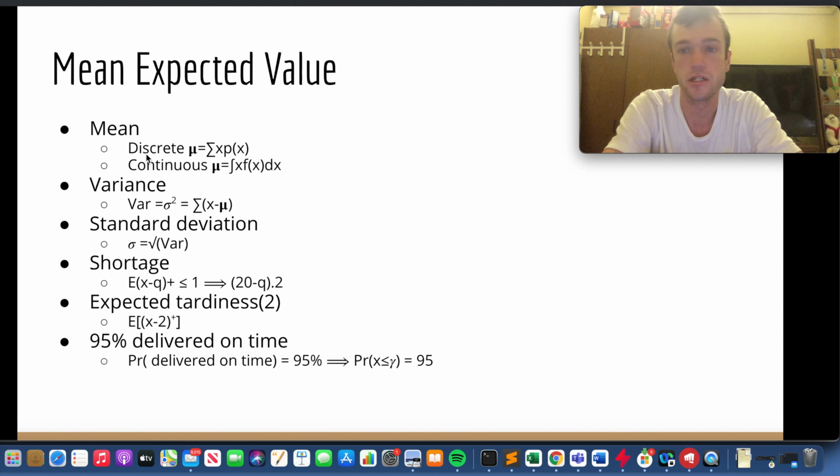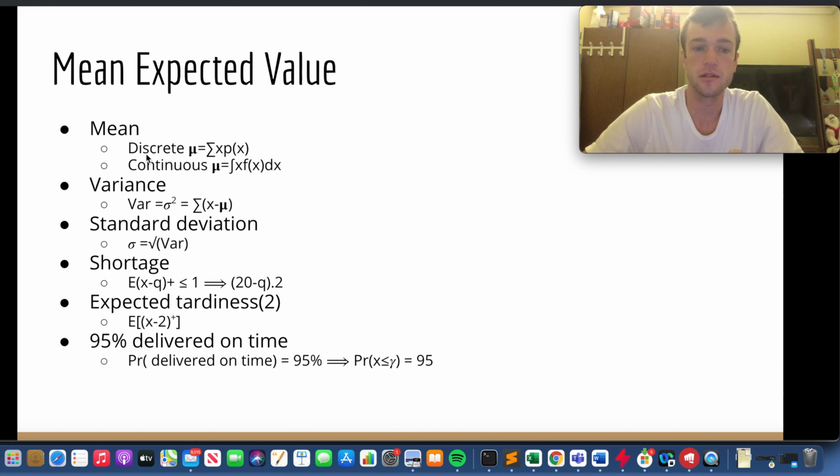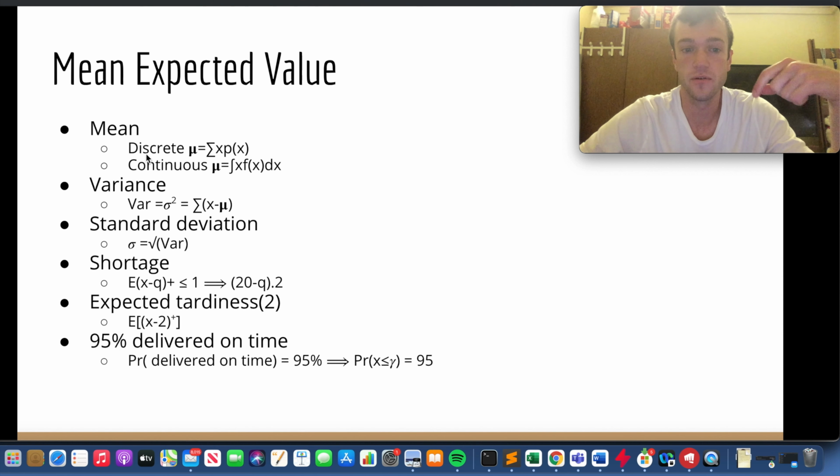Continuous is just an integral instead of a sum. Variance is the standard deviation squared, but also the distance that each value is from the mean. Shortage, we've kind of gone over, but shortage only appears when x is greater than the given storage. So q in this function would be the given storage, and x minus q, when x is greater than q,